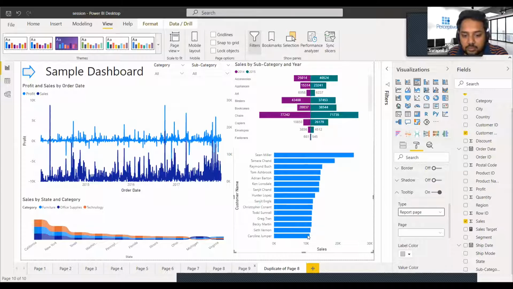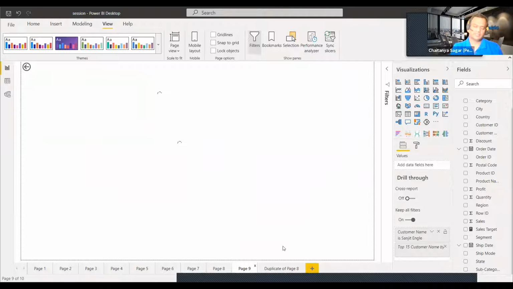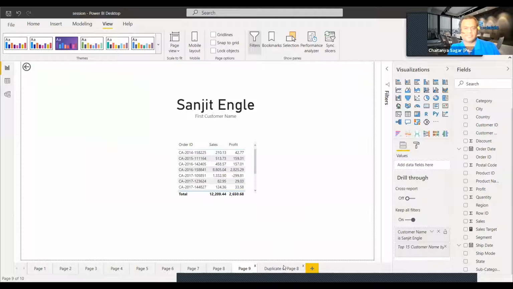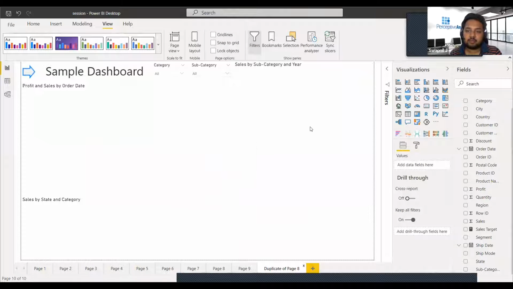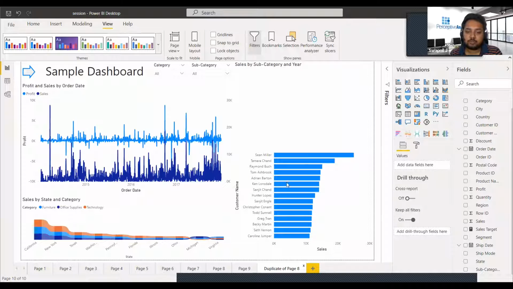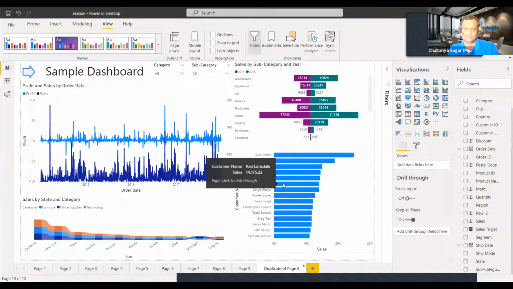For that I need to change this page. We can create a tooltip page and make sure that it's drilled through based on the customer name. So if you hover over it, that page will come as a tooltip. Okay, got it.